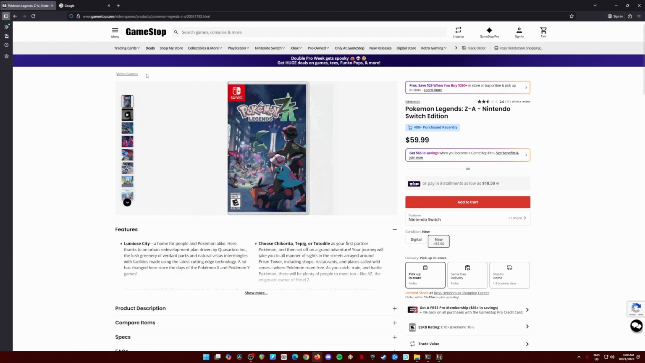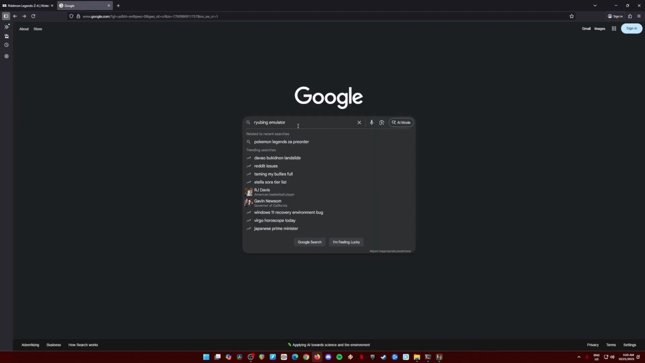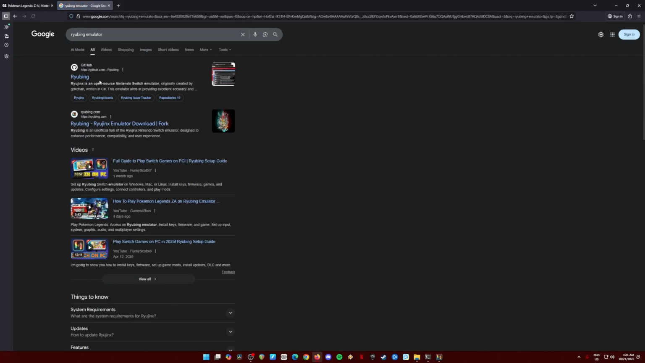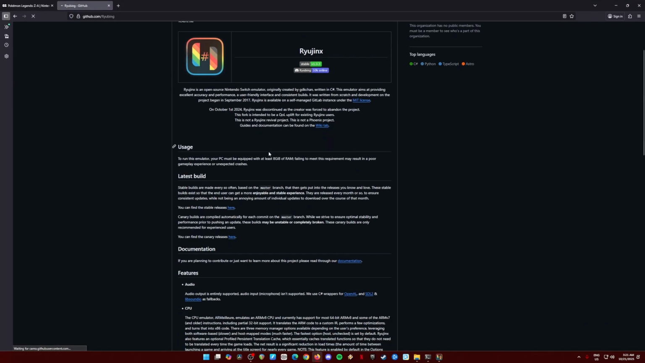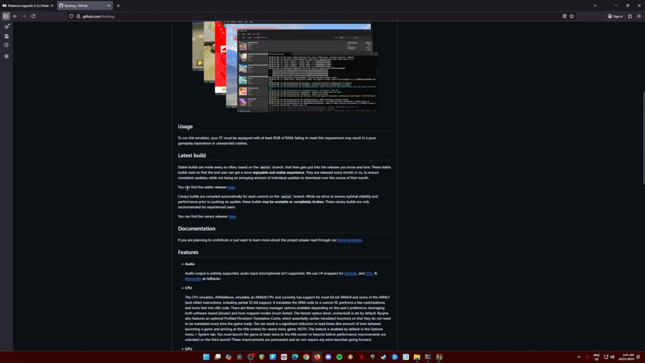So let's go ahead to Google and just search for Ryujinx emulator. That is the emulator that we will need to download, so be sure to search for it in Google, then go to their official GitHub page. Click on that. Then scroll down below, look for something called latest build, and click on it. You can find a stable release here. Click on that, and then